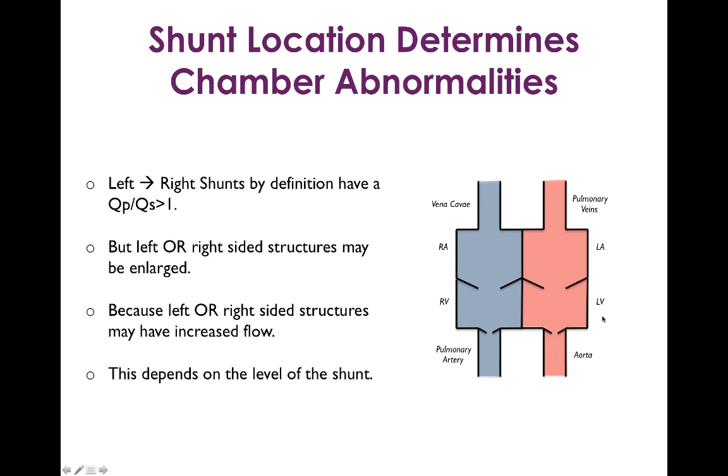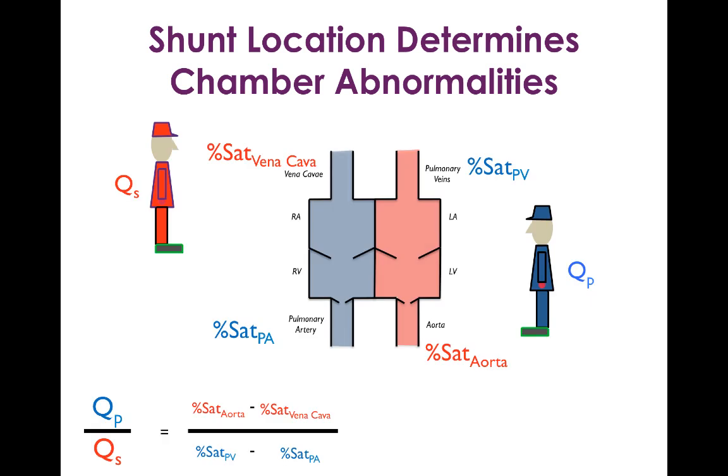It doesn't tell you anything about whether, for example, it's the left ventricle or the right ventricle that is experiencing increased flow. And what that depends on is the level of the shunt. So you have to think a little bit more granularly anatomically in order to understand that. So we'll go through 3 examples, but first I just wanted to remind you of these guys and the equation